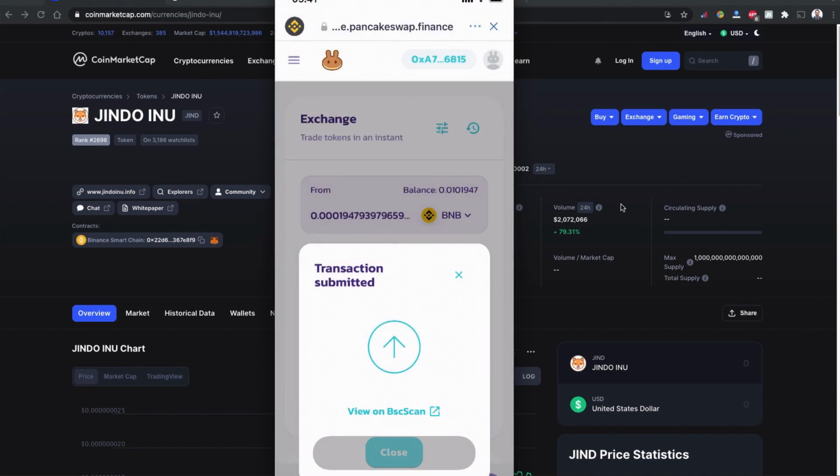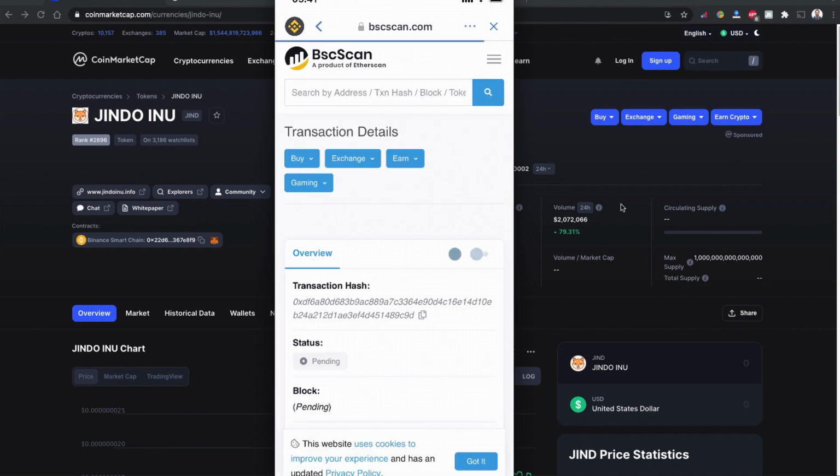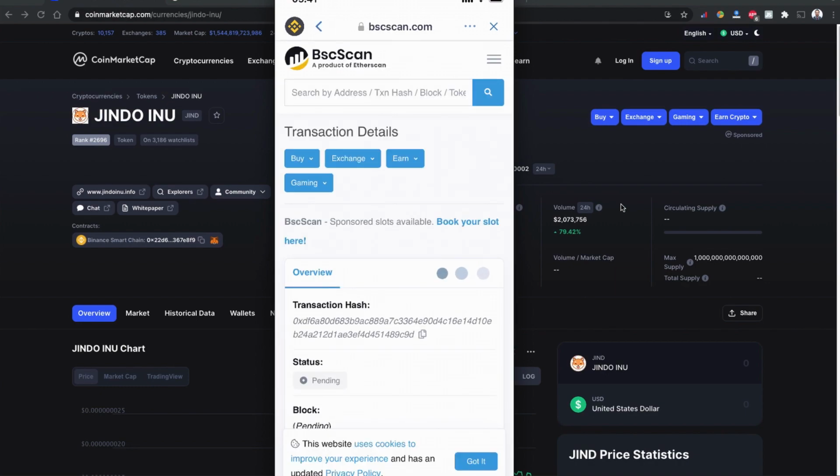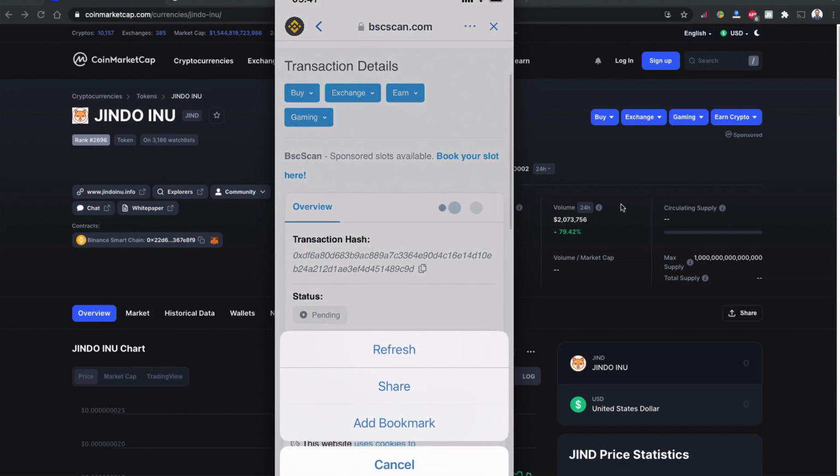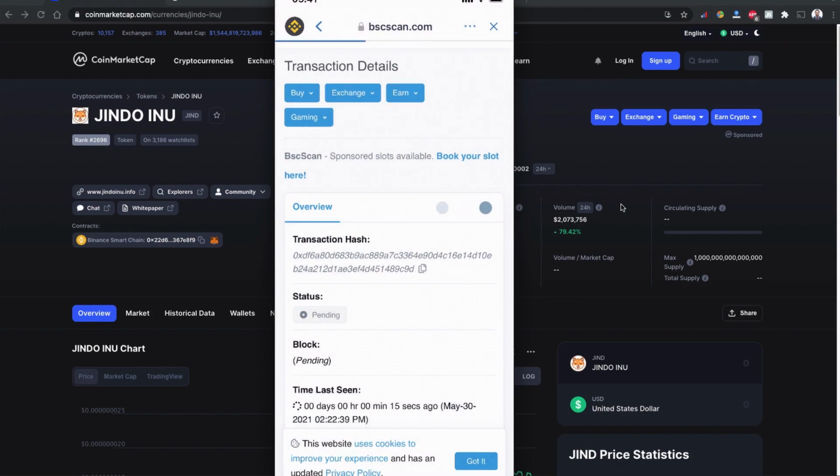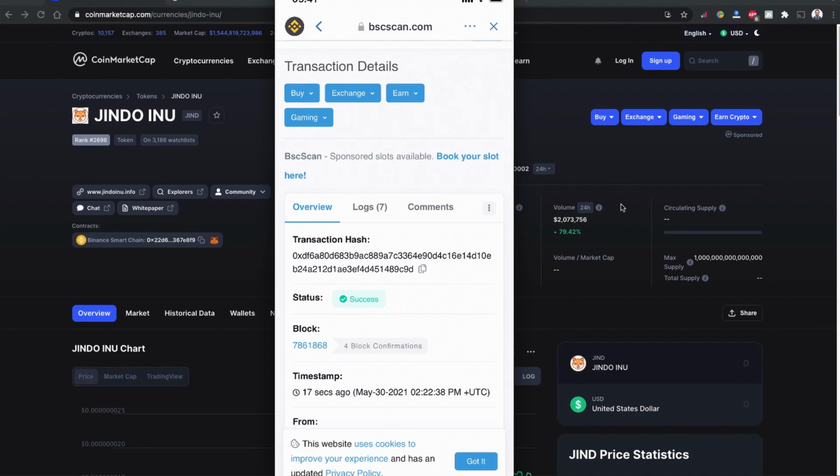As you can see, this is executed and we can see this in BSCScan as well. The hash code is created now and my Trust Wallet smart contract is executed and the status is pending right now. So let's refresh the page. It has succeeded now.